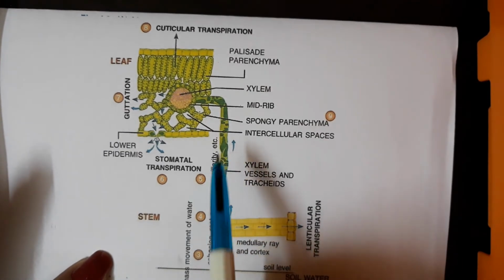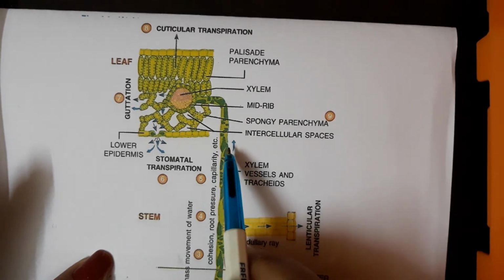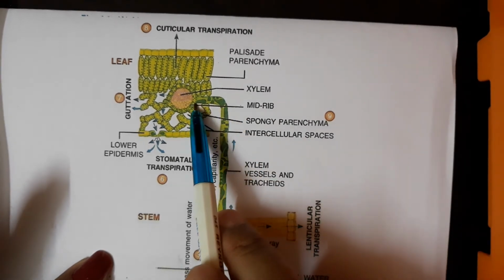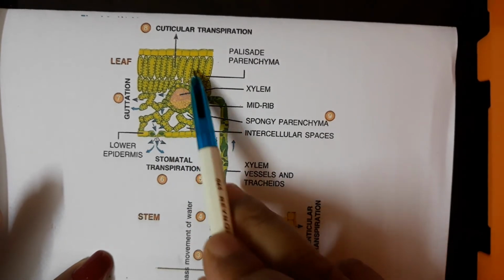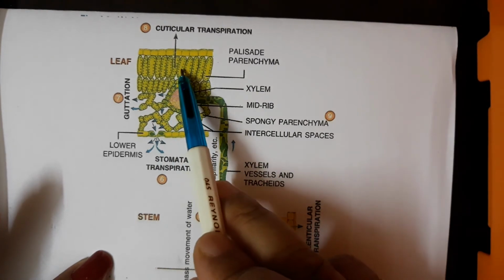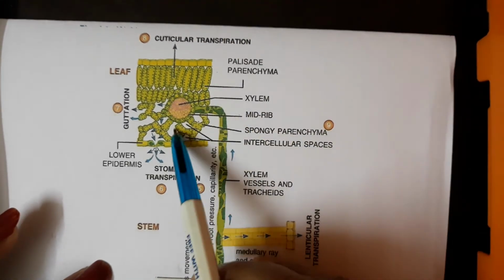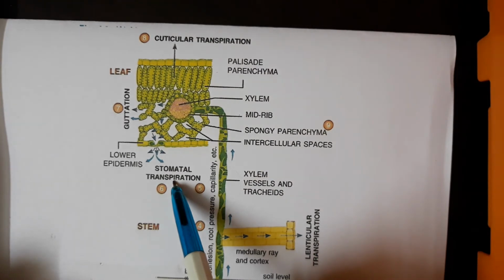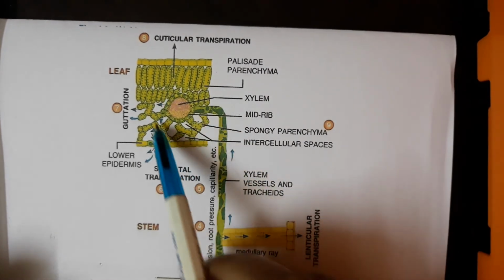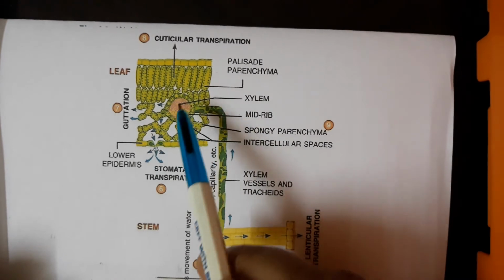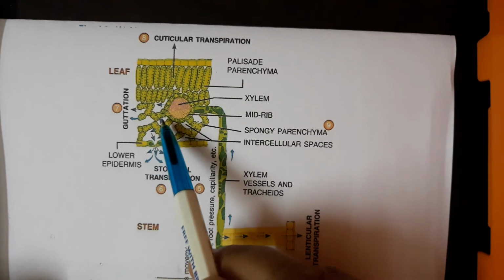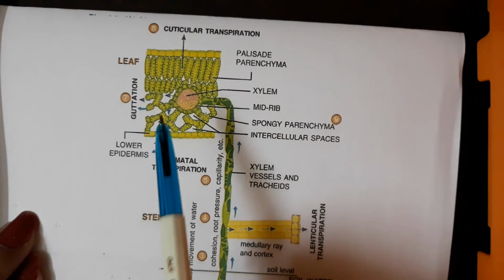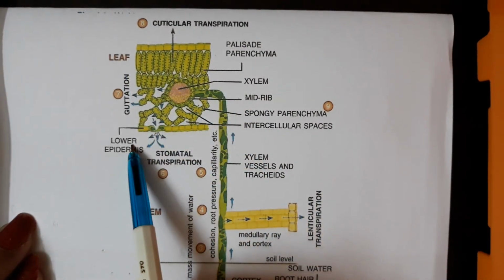The various forces contributing to the ascent of sap lead the water to reach the leaf through its veins. When it reaches the leaf, it undergoes cuticular transpiration and stomatal transpiration, and some of the water is lost in some plants which have special pores called hydathodes. Through them water is lost by the process of guttation. So this is how the water is lost by the process of transpiration.